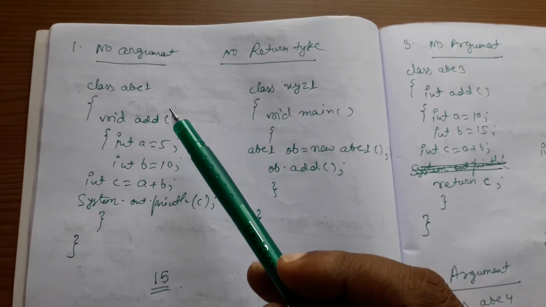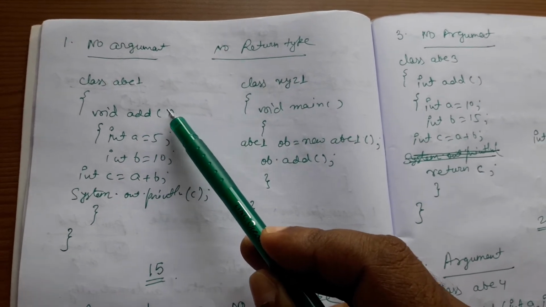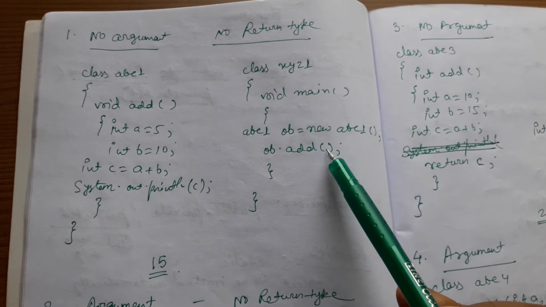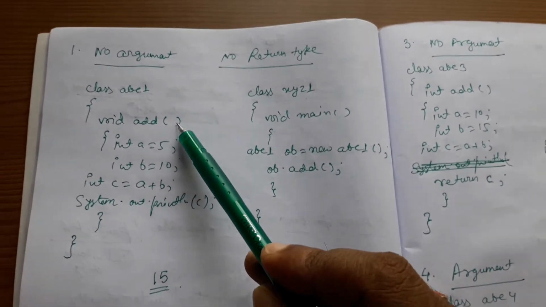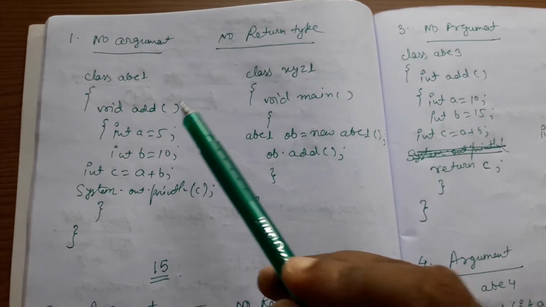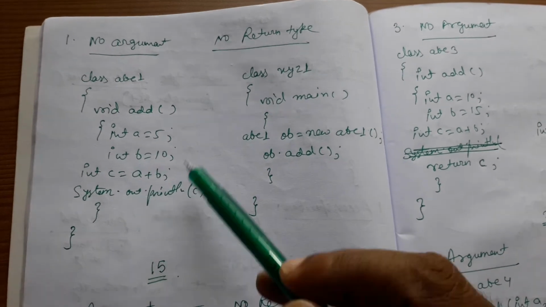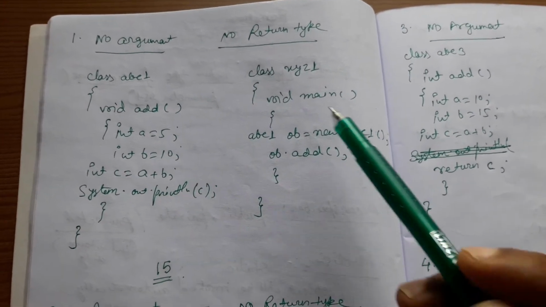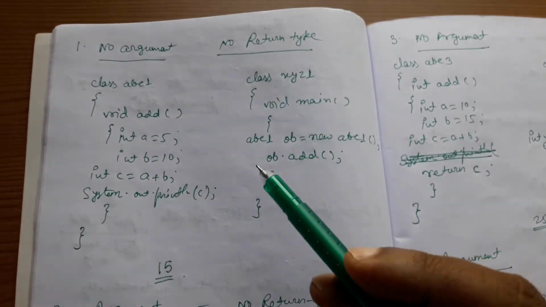You see here we have no arguments. We are not having any parameters here. No argument we are passing from here. This is called actual parameters. Here if we are passing anything, it is called actual parameters, and this is called formal parameters. So we are not passing any argument, we are not giving any value, and this function does not return any value because it is void, so it is not returning any value. So this type of function is called a no argument, no return type function.